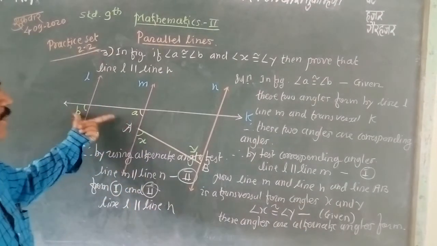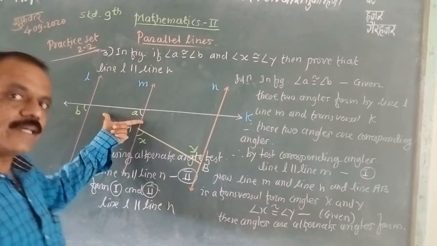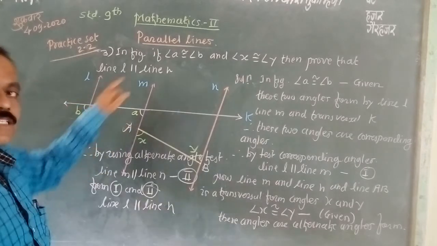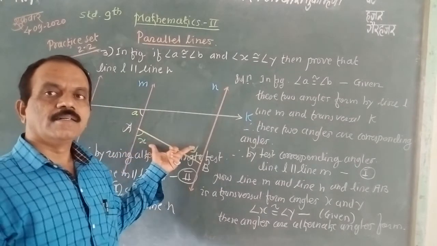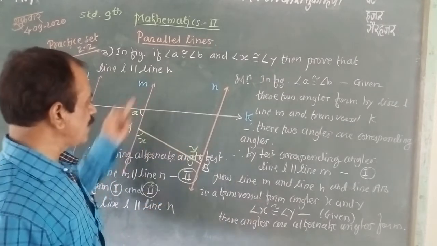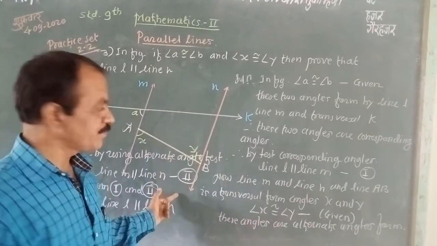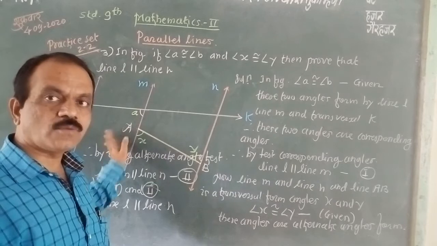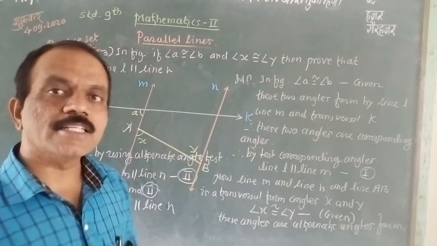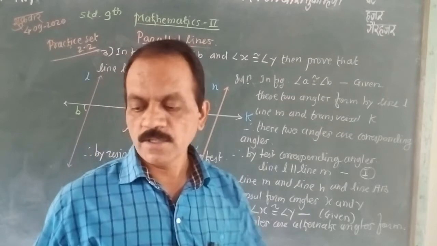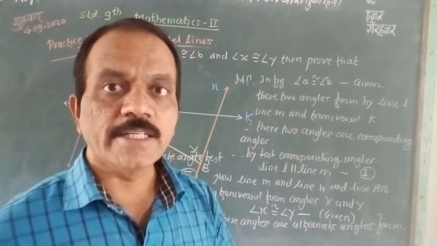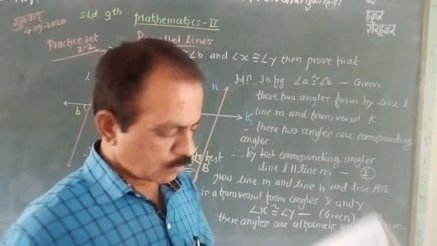First we say that these are the corresponding angles, then this line is parallel to this line. Second, these are the alternate angles, so this line is parallel to this line. And from the first and the second, we say that this line is parallel to this line. This is the third answer of that problem. Now we solve the fourth example.